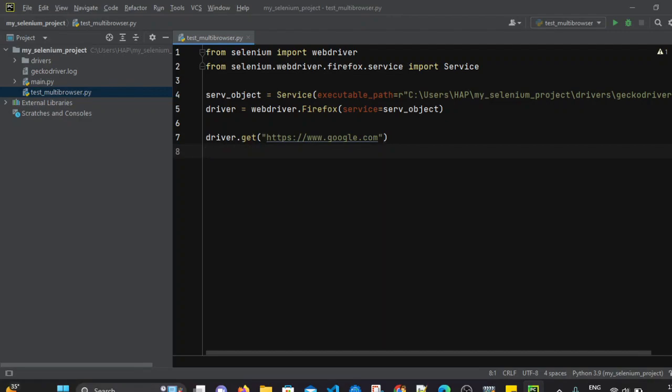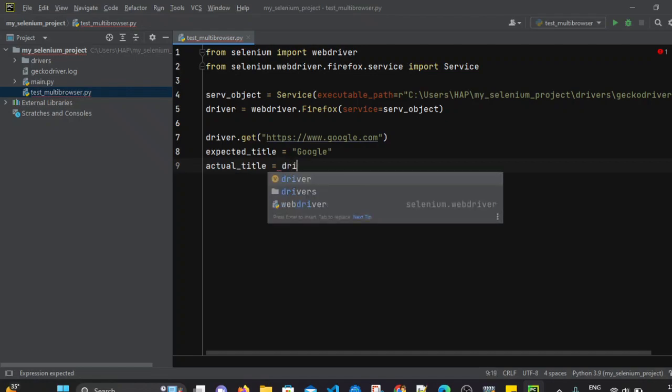But before that, I will assign one string, let's say expected title. What I am expecting is that it should be Google. And I will also put actual title, which we will get from the browser once it is opened automatically by our script.